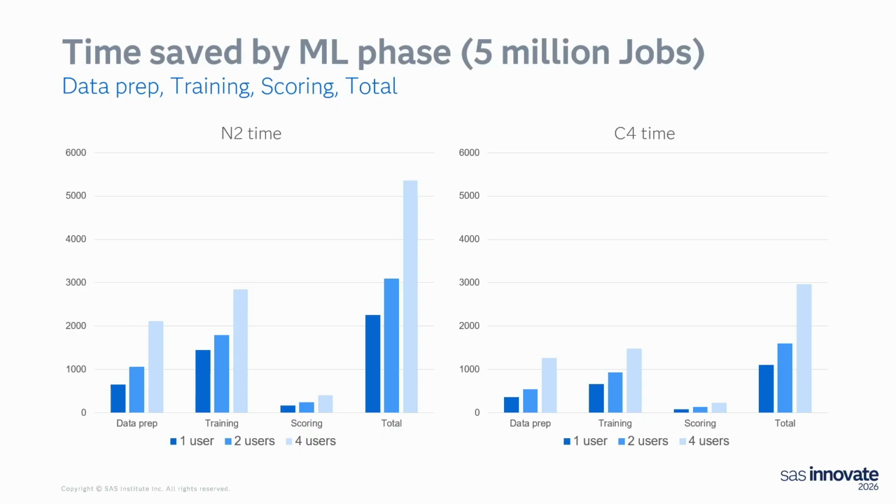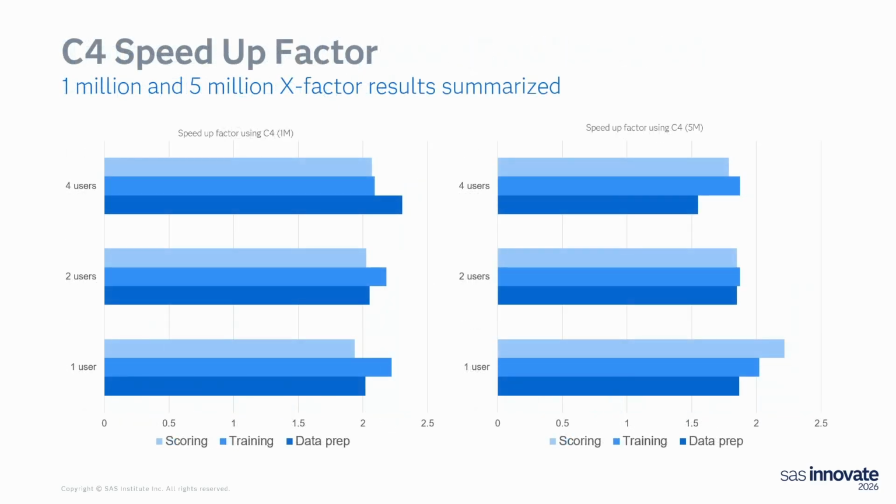And you think of this in terms of elongation of time. You can do in 2 weeks what maybe, and this slide says better, would normally have taken you a month. And if you have competitors, if you're twice as fast as they are, the gap between you two is just going to grow astronomically over time. So this is really powerful news. And so this is, on the x-axis is the speedup factor, on the y-axis is the number of users, and then the different colors are for the different phases of the machine learning. Main key takeaways, everything is hovering around the 2x faster.